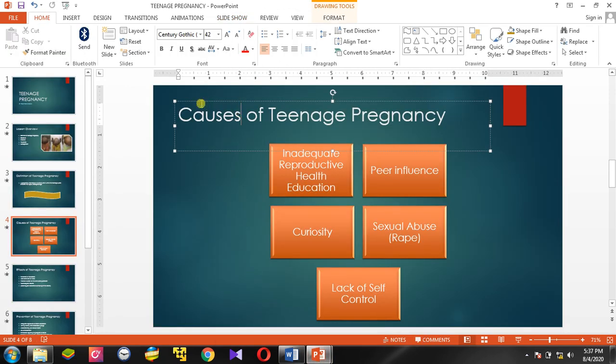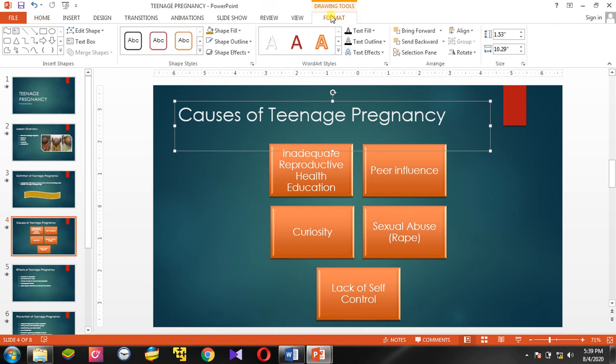So let's say we want to convert this text to word art. So we are asked to select the text box, or in our case placeholder. So we are selecting this text, and then we are told to click the Format tab,